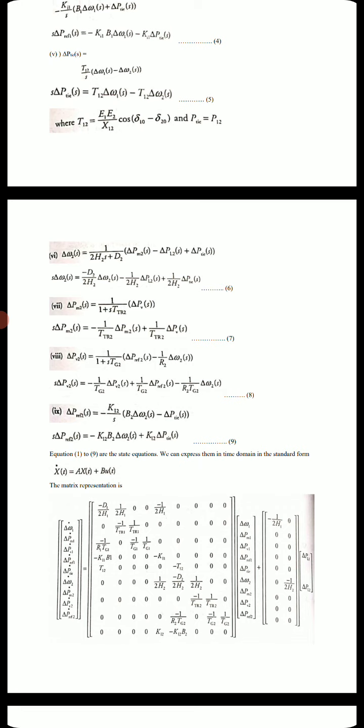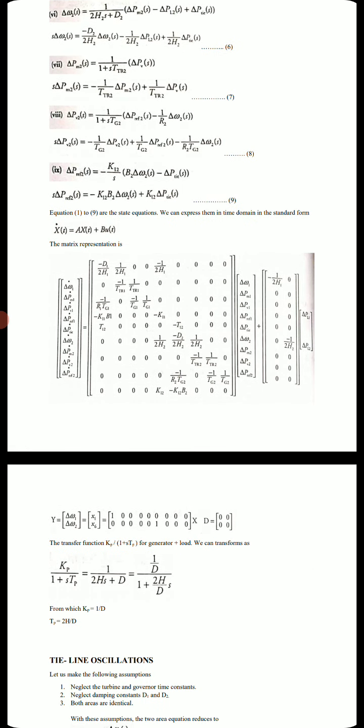So that is multiplied. What are the things that are multiplied? 1 minus 1 over 2h1 and minus 1 over 2h2 are multiplied. So where it will come, there only that value will be coming. Remaining things are 0. These things are very clear from there. So you will get this matrix, or y is equal to delta omega 1, delta omega 2 matrix, that is nothing but x1 and x6.